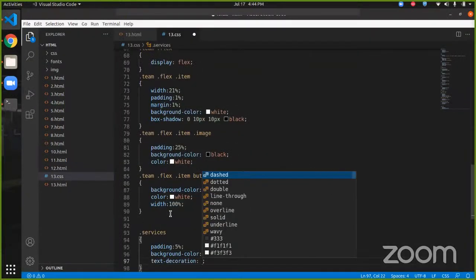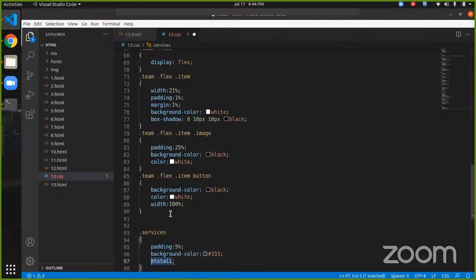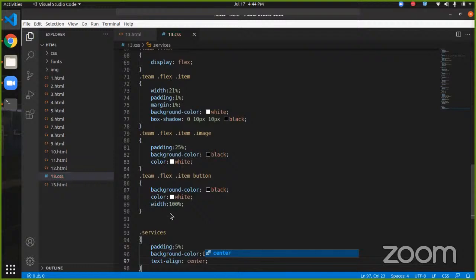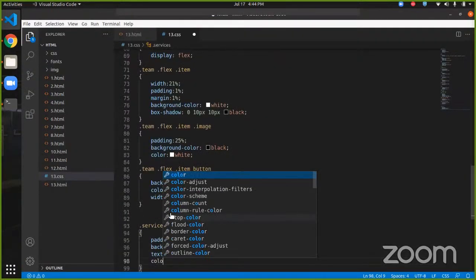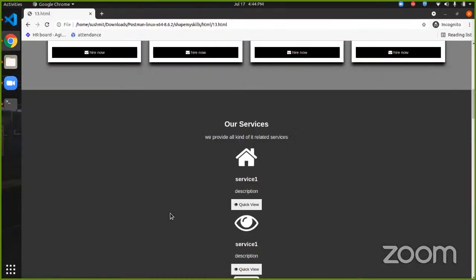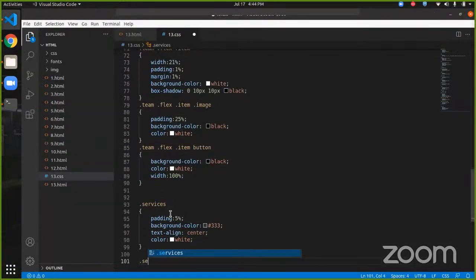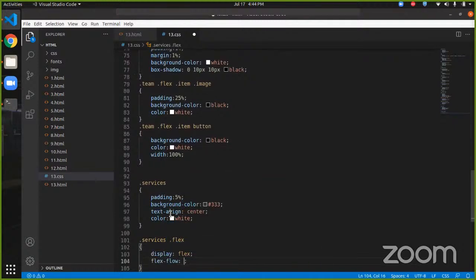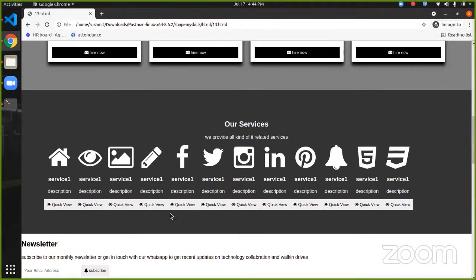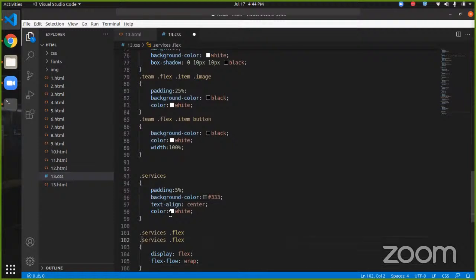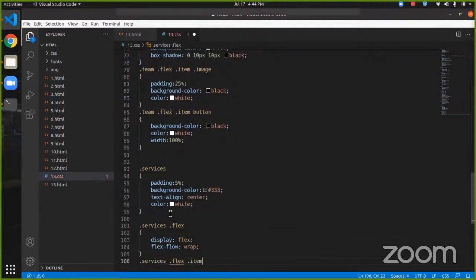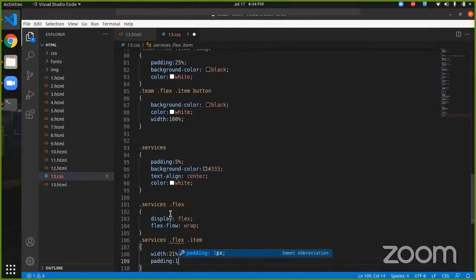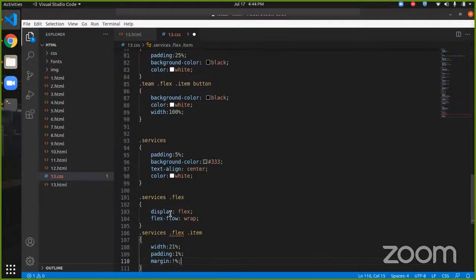Text align center, color of white, and these services, which is going to have the flex, would be display flex, flex-flow wrap, and this is what we have. Every item in this flex would be 21%, padding of 1%, margin of 1%, and